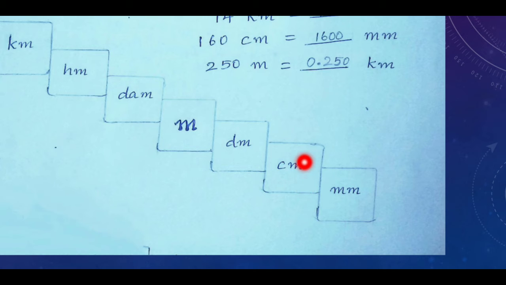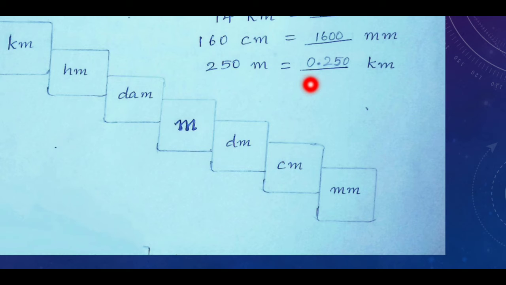So we have to multiply by 10. We are moving one step, so 1 time 10. So 160 into 10 is 1600. Again, the easy way is 160 under cm. You have to get the same value in millimeter. So only add one more 0 and you will get 1600. Here 160 is there, here one more 0. So 1600. Okay, this could be easier.